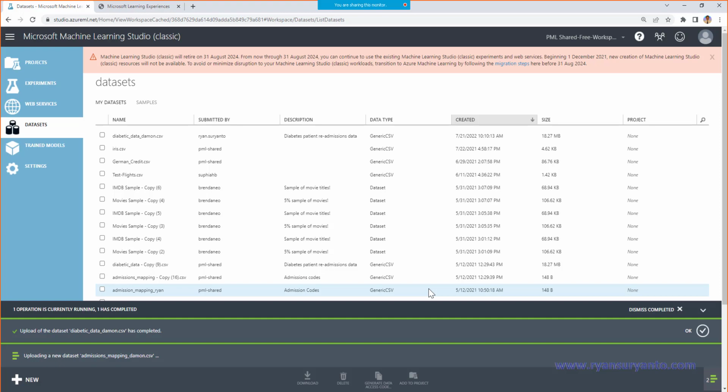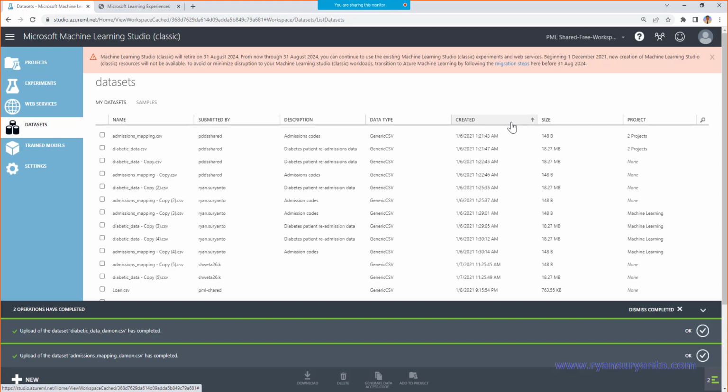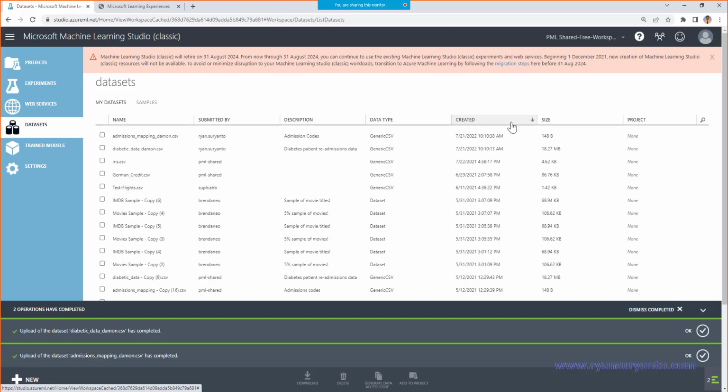Once this is uploaded completely, you will be able to see it in the list. So I sort by this here.